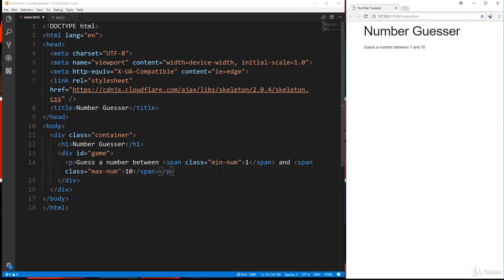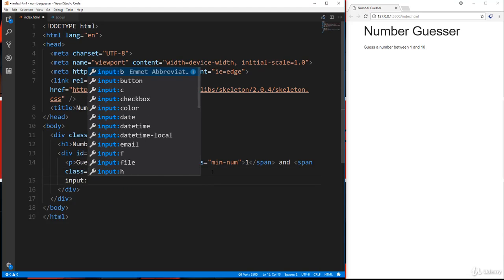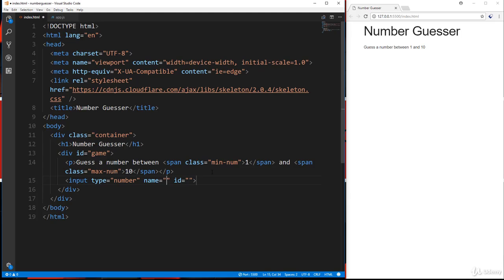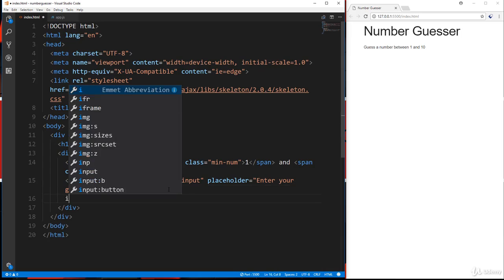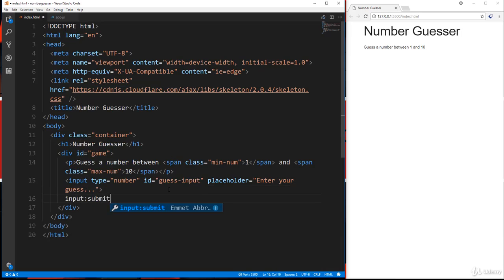All right, now underneath the paragraph, we're going to want to put an input with the type of number. Okay, it's not going to need a name. For the ID, we're going to put guess-input. All right, and then we'll put a placeholder, and we'll say enter your guess. All right, underneath that, we're going to have our submit. So we're going to have an input with the type of submit. And for the value, we'll say submit. And then we just want to give this an ID